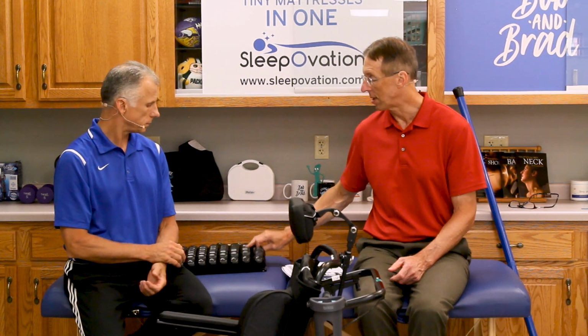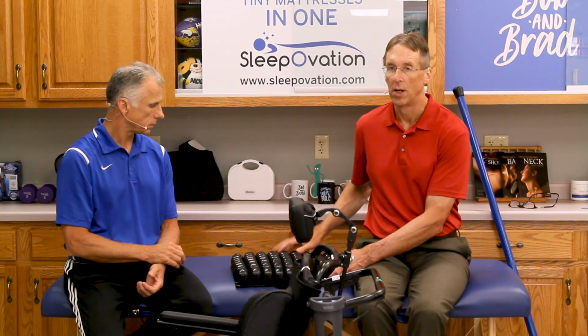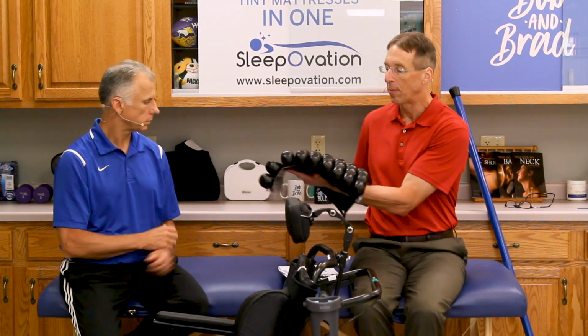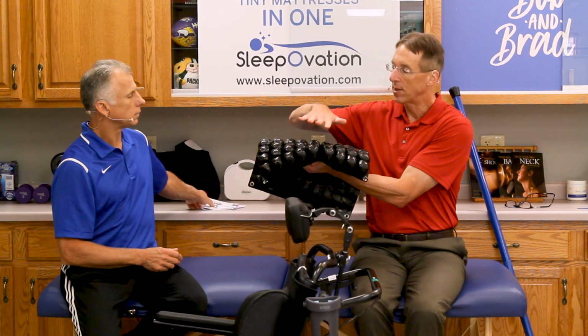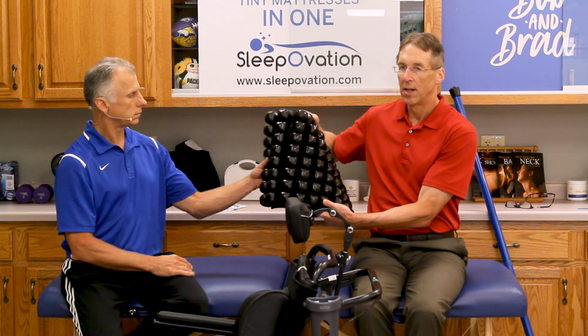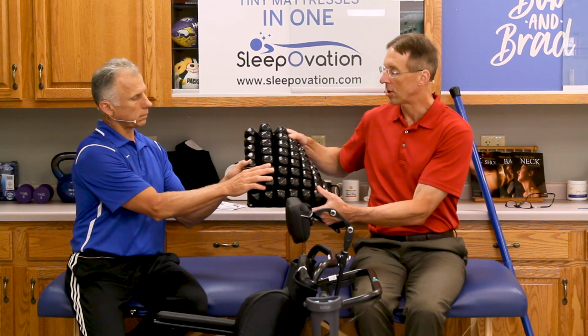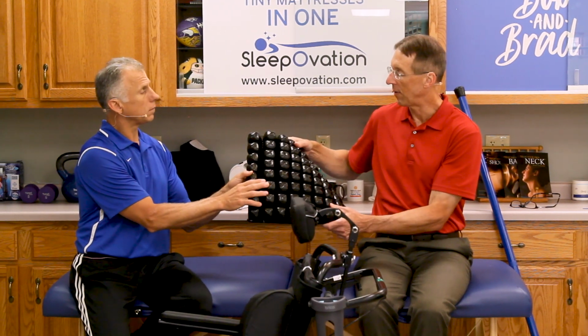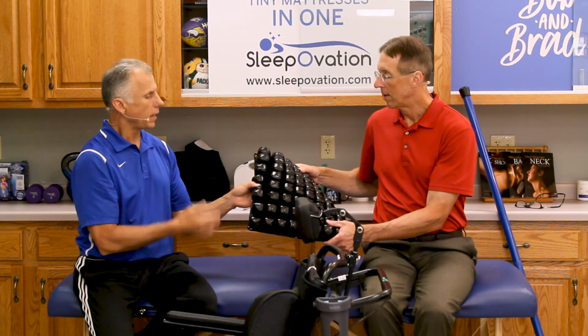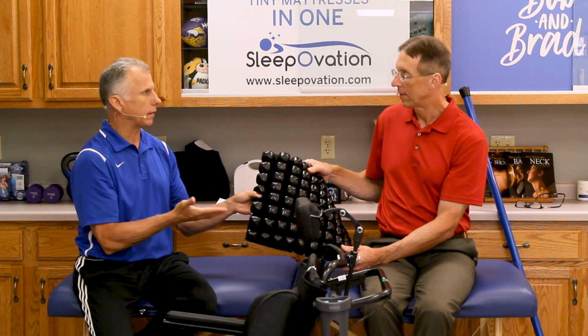If you're having skin breakdown, you're probably going to even go to something like this, which is the ROHO cushion. This is a low profile one, meaning that it's not as high. They have ones that are almost double this, and they have these individual air cells, and they're very comfortable. You can fill them up to the amount of air that you need. They tell you how to adjust them. There's a pump that comes with them, and you do need to adjust them properly,